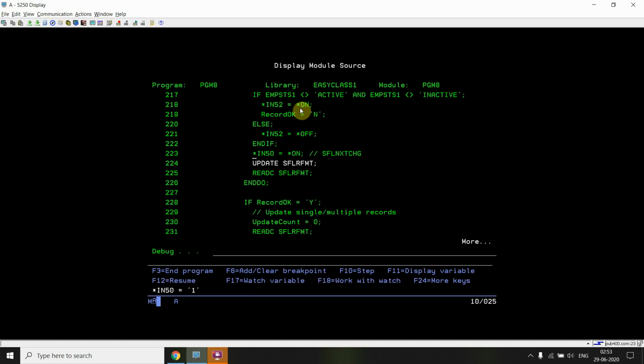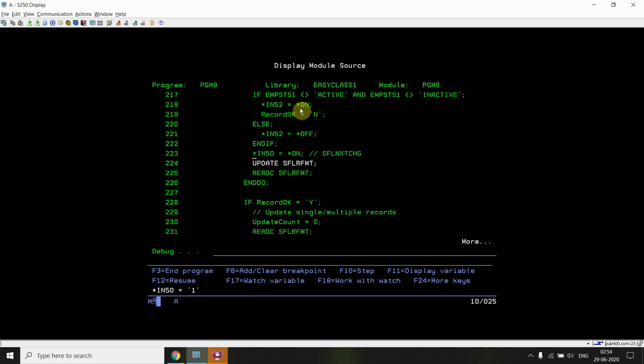Once we read for the first time using the READC operation on the subfile screen, that flag will be set to off by default. So after the first READC operation, the change indicator or flag gets set to off. Now for example, I'm validating for the first time, and once I validate, I have to read those records again